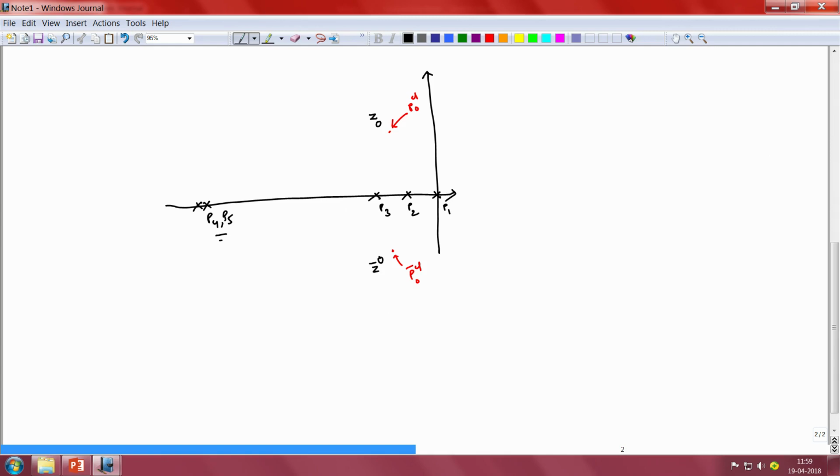So, the second step in the design after locating the zero is to determine the positions of these poles P4 and P5, because these poles result in extra branches to the root locus of the open loop system, and the poles that lie on one of these pair of branches could potentially become unstable when the gains are very high. So, one has to be mindful of the location of these poles and ensure through appropriate design that the controller poles are placed sufficiently far away that for the kind of variation in the plant parameters that we would have in this case, the closed loop poles on these branches will not become unstable.